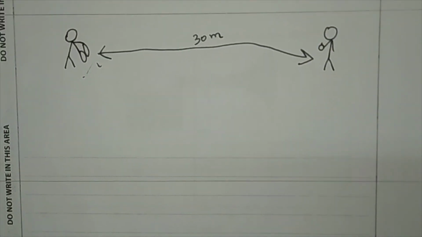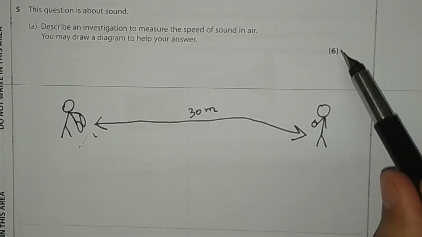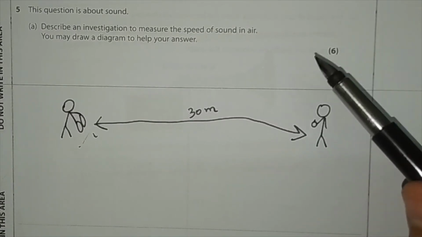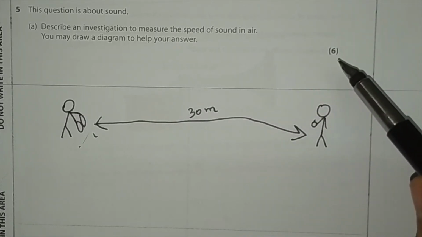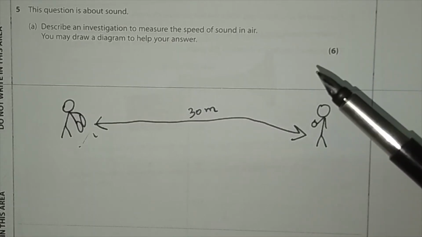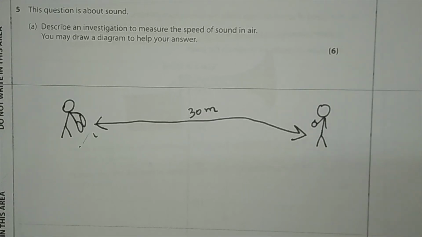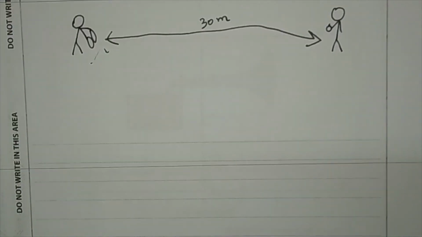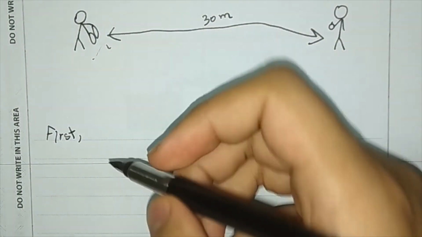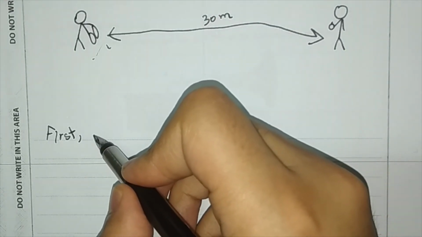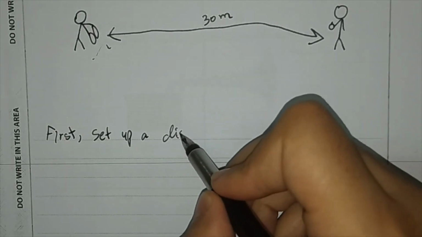So for 6 marks, one mark out of this 6 is for specifying an instrument used for one of your processes, and 1 mark is for precision measurements or for carrying out an average to make your reading better. So first of all, as we talked before, first set up a distance